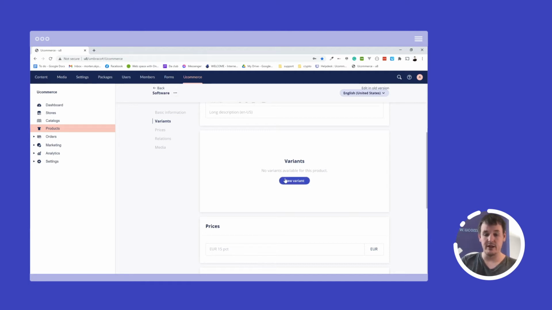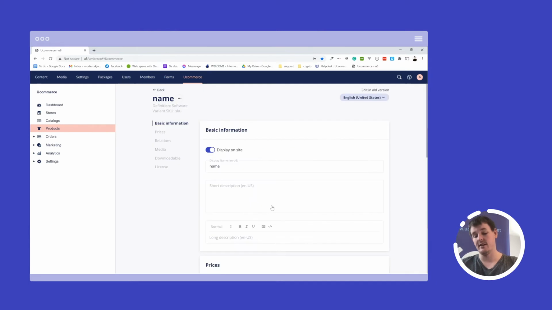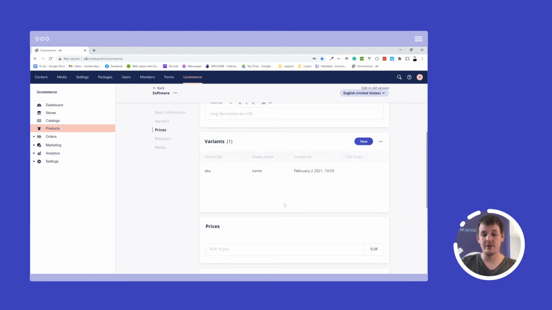And then the variants tab will be possible to create, where I will just select the name and the SKU for my product. The variant product is the same as the parent product. It has the same definition, so I cannot have different definitions for a family and a variant. So that's the ability to create variants here. If I don't have variants and I don't have a concept of variants in my webshop, I will not see the variants tab and I'll not be able to create them. So it should be quite intuitive in terms of creating variants or not based on what you need.